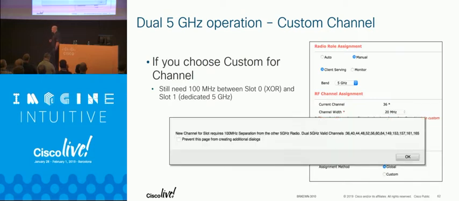On a dual 5 gigahertz radio, you can't set those radios any closer than 100 megahertz. The reason for that is I've got two radios in the same cover. Now both those radios are going out separate antennas if they're in the same band. One's horizontal, the other one's vertical. We started with isolation at the chipset level. I think we got 13 dB isolation between the radios built into the chip. And then the vertical and the horizontal, and then you've got frequency diversity. That frequency diversity is important.